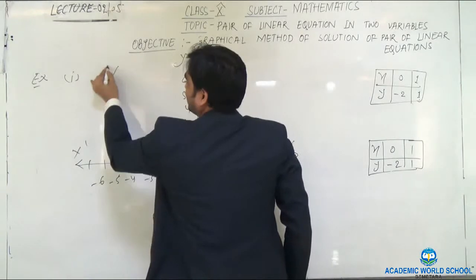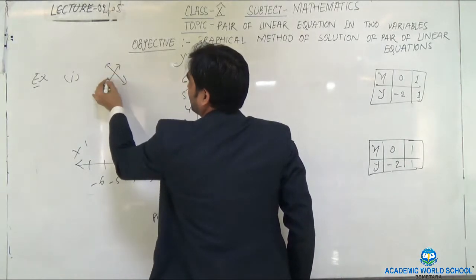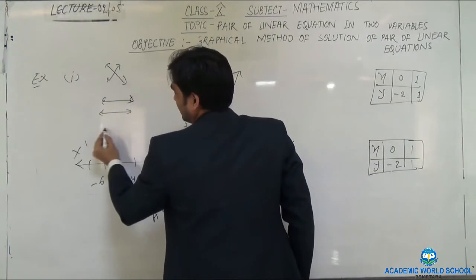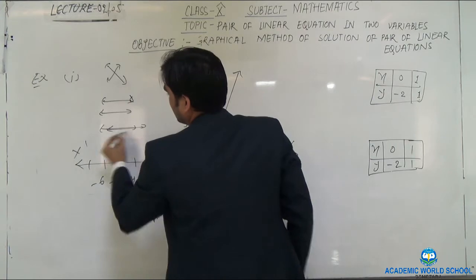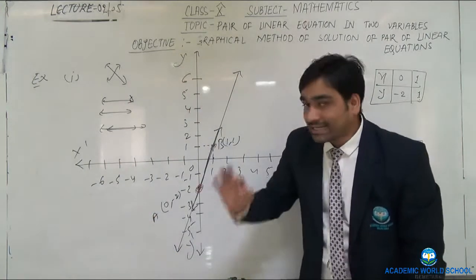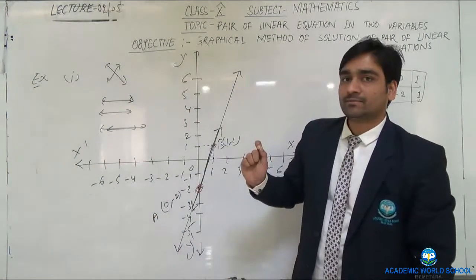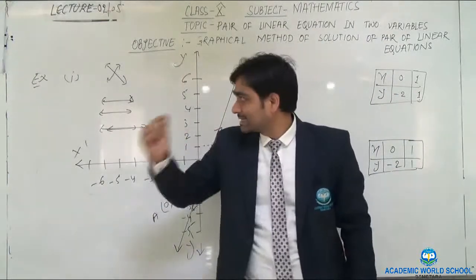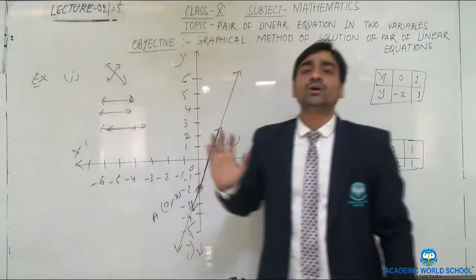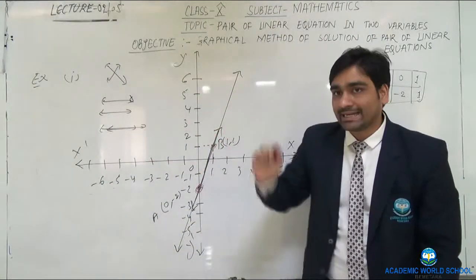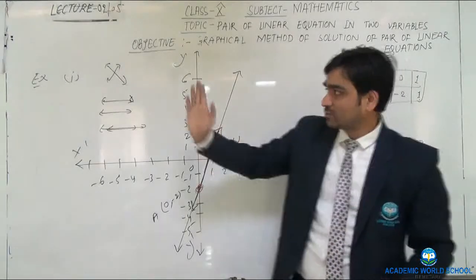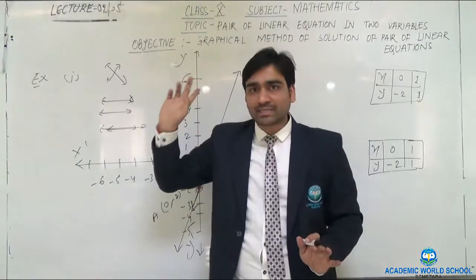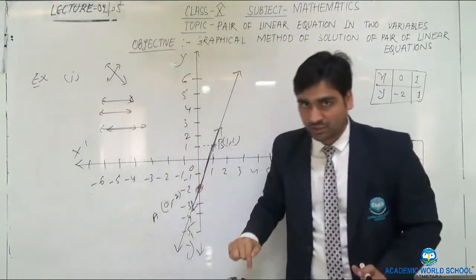First, intersecting line, second, parallel line, and third, coincident. Now what is the actual condition for which we get these three types of lines, either intersecting or parallel or coincident? Now I will explain by taking each example. As I have explained, one example in my previous lecture, intersecting line, and two I have explained now.